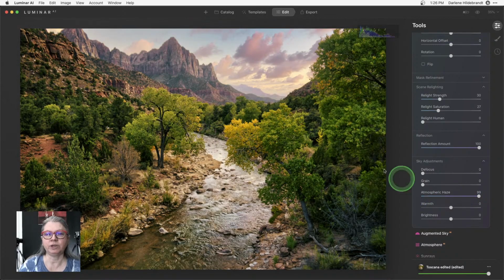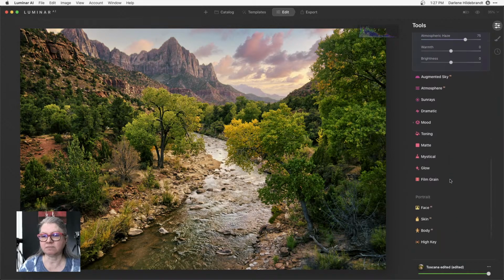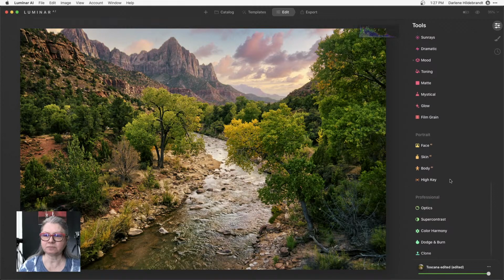Okay. Last thing I'm going to add here is under the sky adjustments is some atmospheric haze. So taking this one all the way to the top, you'll see that it sort of adds like a little horizon haze, right? As if there was heat or even smog, and it sort of softens the colors in the sky. And I think that increasing that matches better with the original, okay, and it's not quite so punchy in the background. You can also do things like add grain to your sky or defocus it so that if your background is out of focus and you put a sky in that's in focus, it's not going to match. So it's always going back to making sure that things match and make sense, okay?